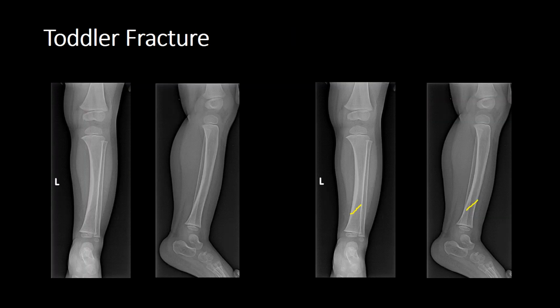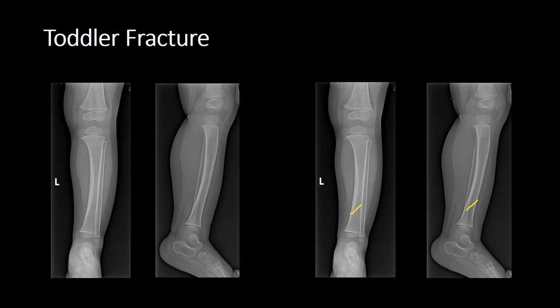Toddler fractures are very specific injuries that occur in, unsurprisingly, toddlers. The tibia is normally the bone that's most affected, however femurs can be affected too. And what you're looking for specifically with these injuries is an undisplaced fracture, and sometimes the only clue is a faint lucent line which may pass obliquely or spiral around the diaphysis. In this specific case, we can see an oblique fracture